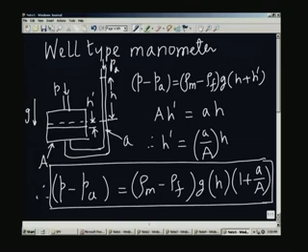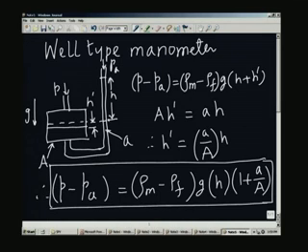If the diameter is, let us say, 3 millimeters here and it is 3 centimeters here, it will be 3 divided by 30 whole squared. So, this will be a small factor, and sometimes we can neglect this A by A. When we are measuring a large pressure, this A by A may be neglected, and therefore, you can use only H. Or what is done in practice